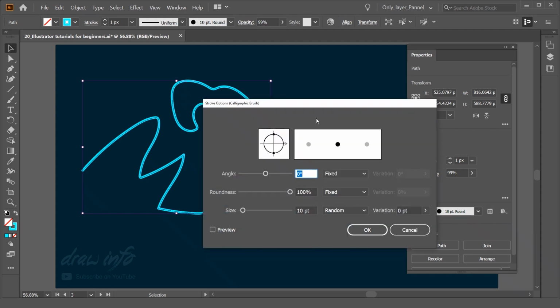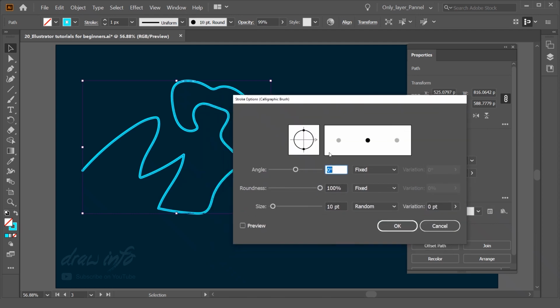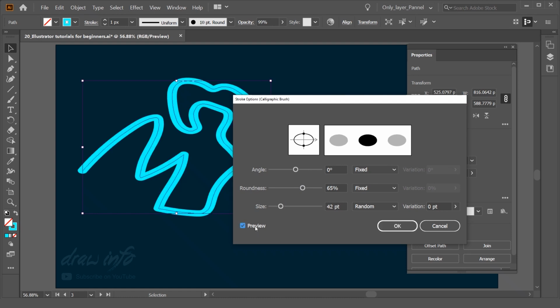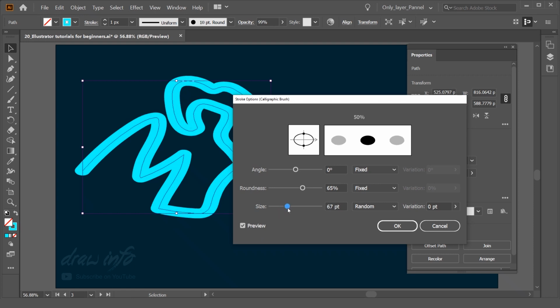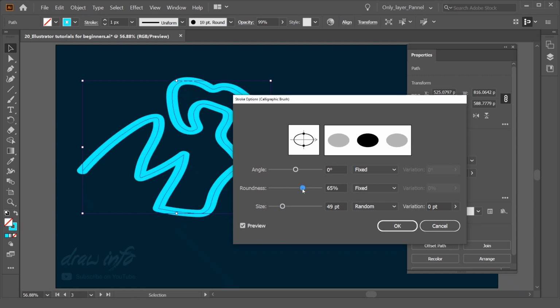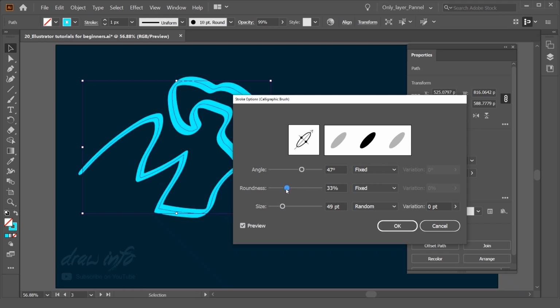You can give the angle to this brush, whatever angle you want, roundness and size. Once you click the preview you can see how it's looking. This is the option to angle this brush.